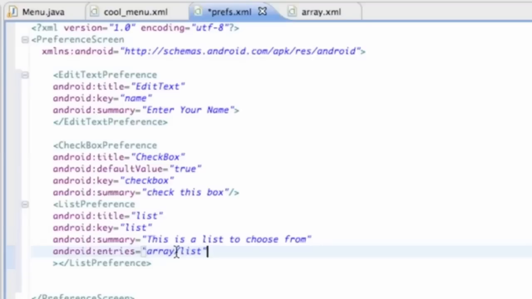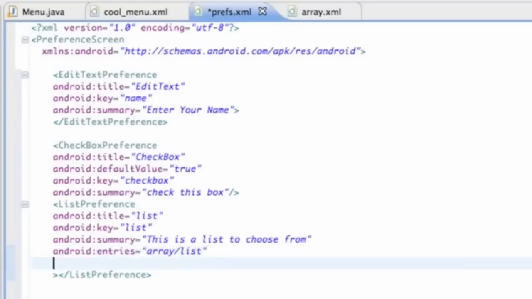So let's say we want one of those items to be checked to start with, and what we're going to do is set up something that's going to refer to the list values for the most part. So we're going to set up something else called Android, again this is within our list preference, Android entry values for the most part, and we're going to say, again, refer to another array, so we're going to say array / values or something like that, or L values,